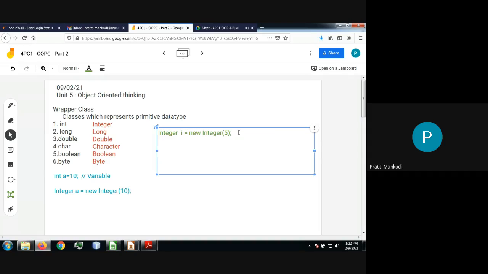This is equivalent to Integer i is equal to 5. These two statements are equivalent. These two statements are equivalent. Let me write here. These two statements are equivalent.